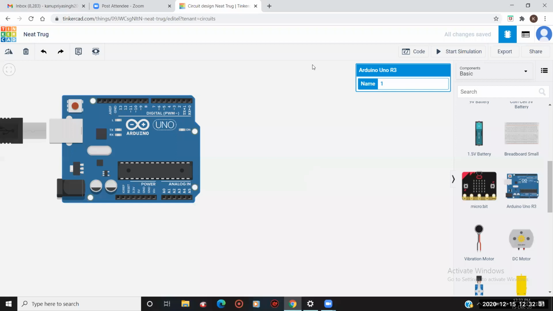Where is my pencil? Okay, here it is. I'm drawing this potentiometer.